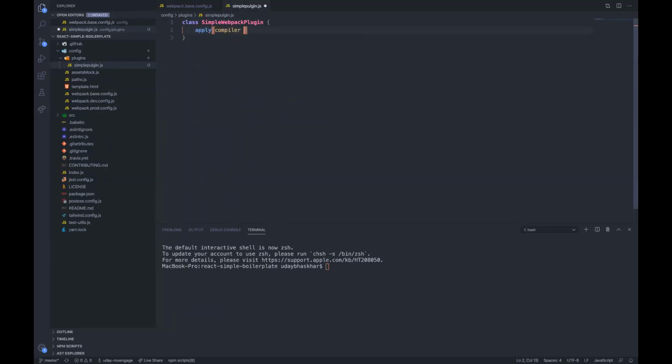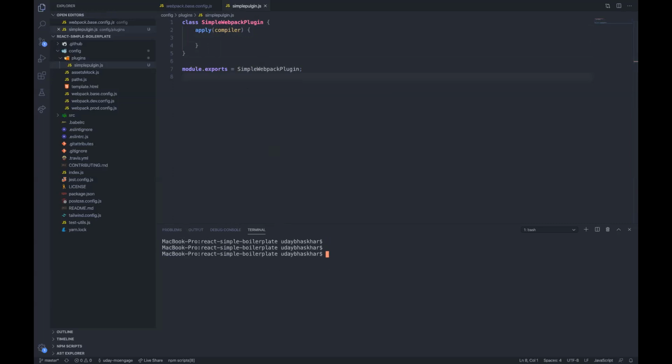Apply gives you the compiler instance. And let module.exports equal SimpleWebpackPlugin.